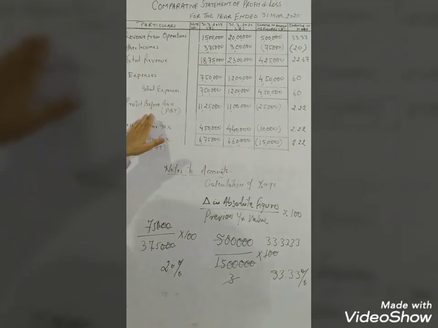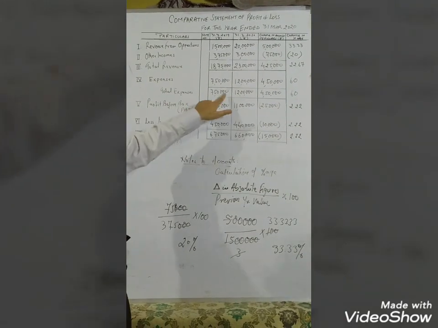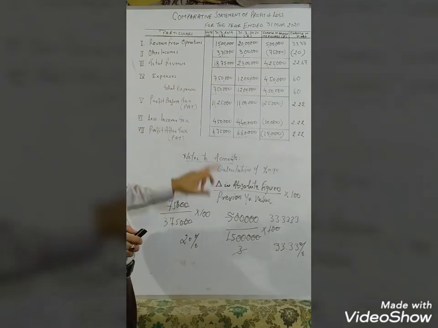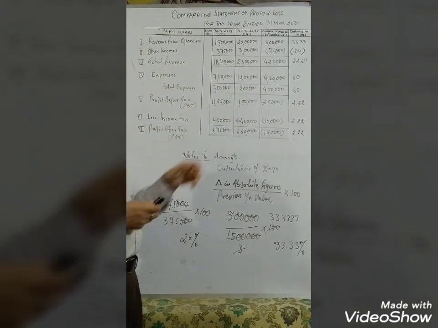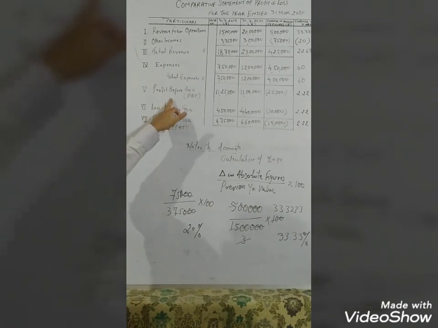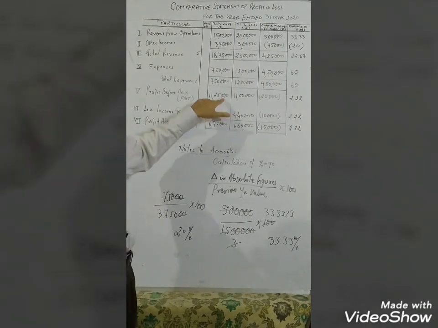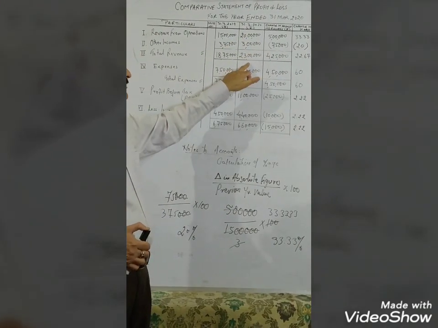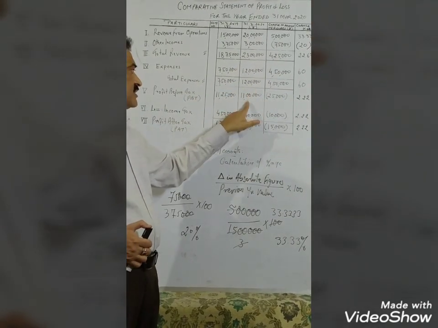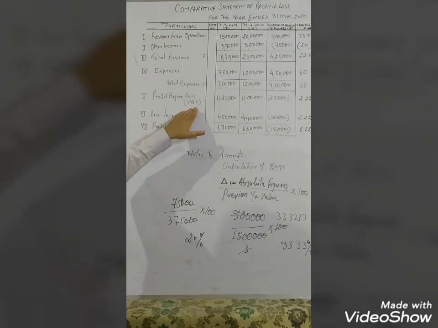Now we have to calculate profit before tax. For the calculation of profit before tax, we have to deduct total expenses from the total revenue. That means from total revenue 18,75,000 we have to deduct total expenses 7,50,000. So from this amount we will deduct this amount. We will arrive at profit before tax for the year 2019 of 11,25,000. Similarly, for the year 2020, from the total revenue 23 lakh, we have to deduct total expenses 12 lakh. This will be rupees 11 lakh. This will be termed as profit before tax, popularly known as PBT.